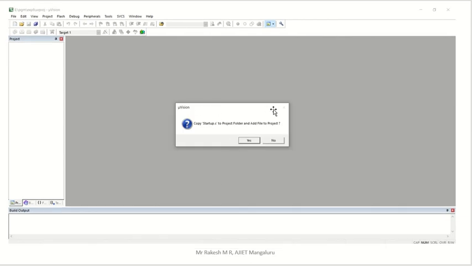Now you are getting another small window. Here you will see whether the startup code is required or not, startup.s. Startup.s is a library file. Do you need that for your code or not? Yes, we need that, because here we are writing embedded C, and embedded C needs some library files. Startup.s is considered a library file, and we need that for our program. In the part A programs, that is the software programs, we are writing assembly. That's why we click No there. But here we need that for our program, so we have to click Yes.